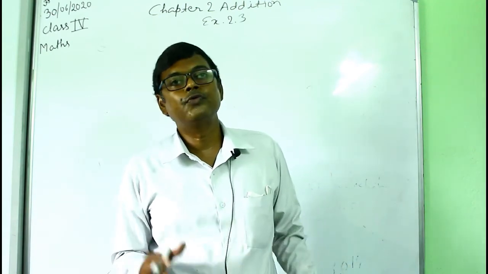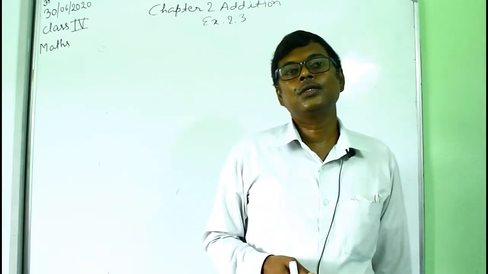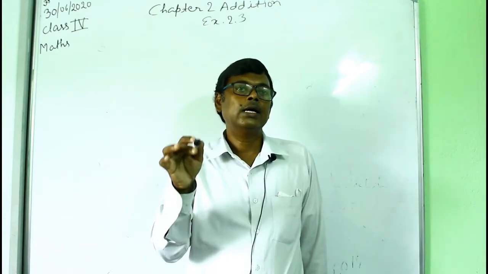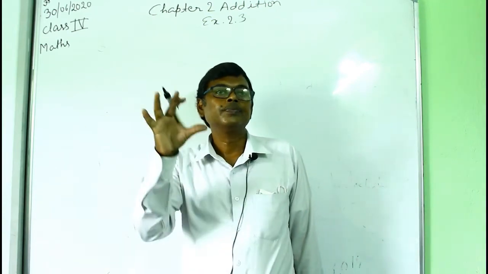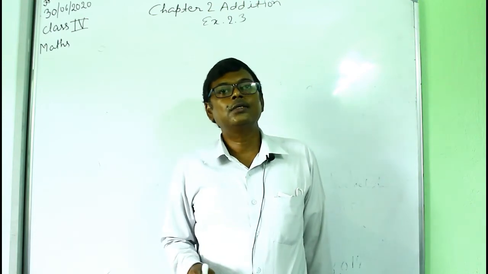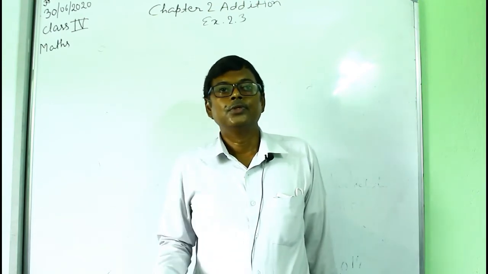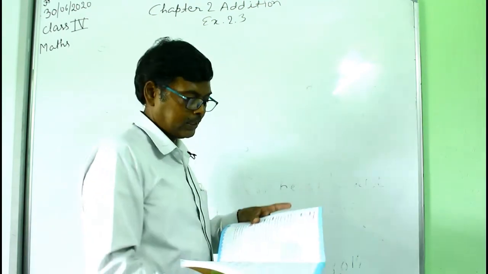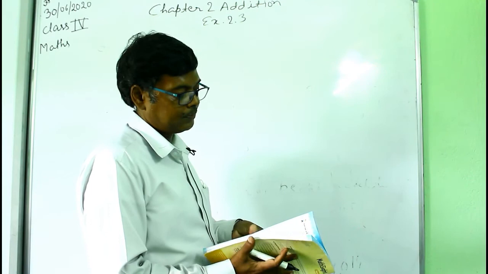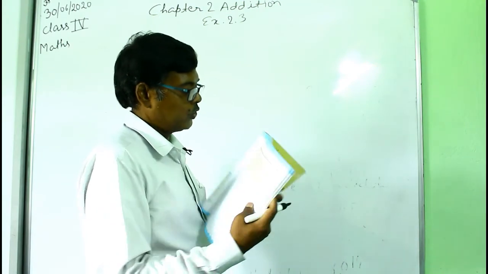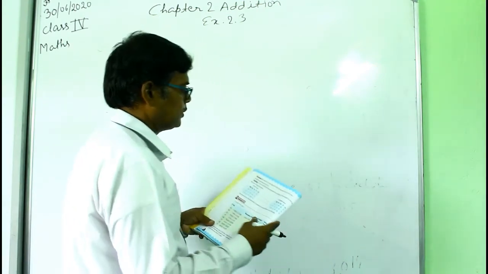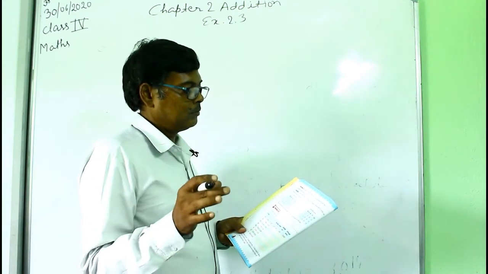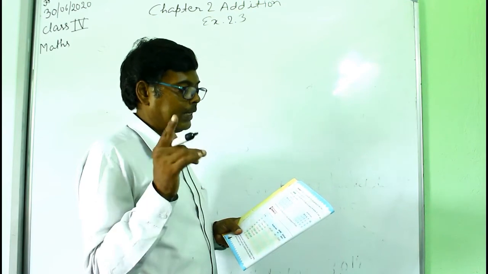Like, suppose you have got 79.8% marks in your test, then you can say that I got 80% marks, okay. So that is called rounding or estimation. So here see how we estimate. Here there are two numbers in example 9, okay. I will explain by solving the questions from example 9, okay.